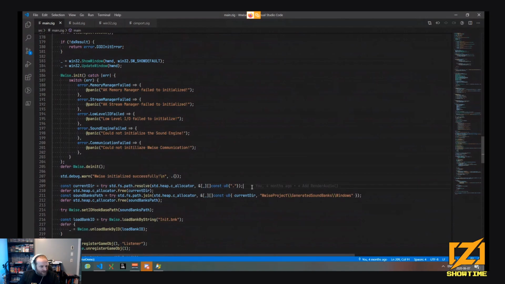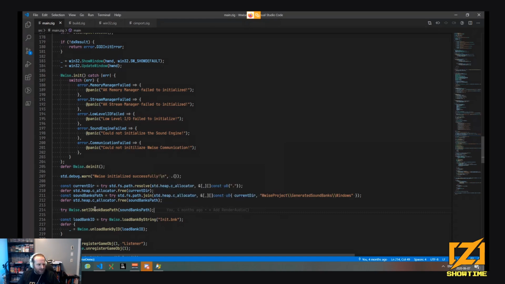Here I'm getting the path of the current directory to point to the generated soundbank folder for Windows, because you need to point to the banks. And why is there a concept of IO? Because Wwise is supposed to be integrated into a custom game engine, so you have to specify the input IO basically.